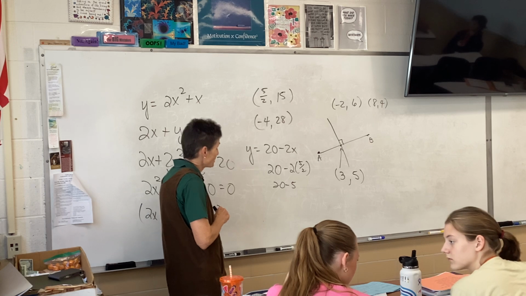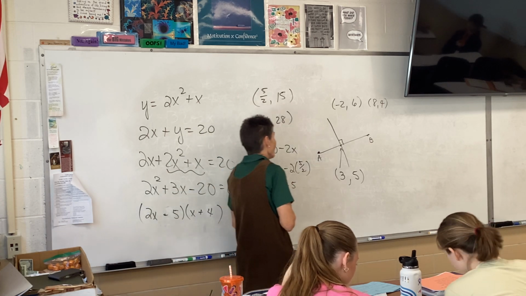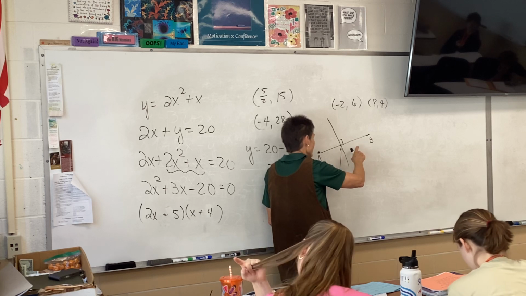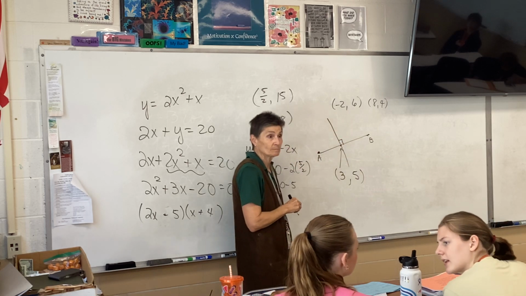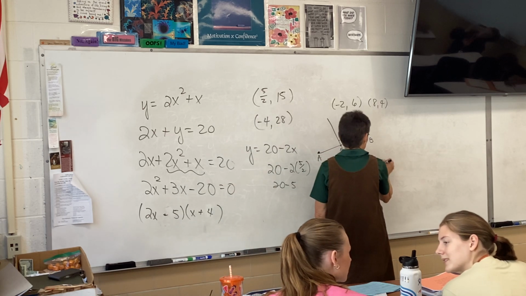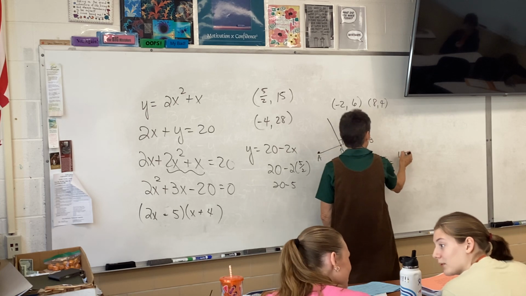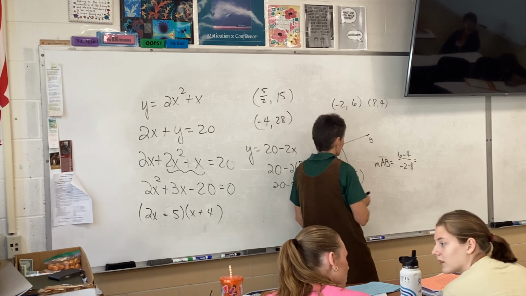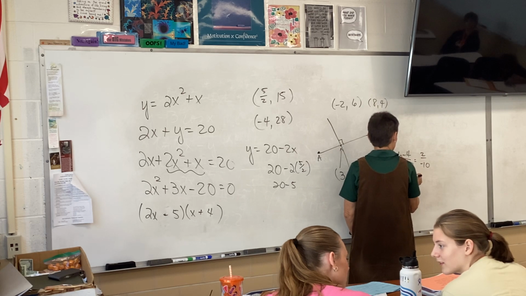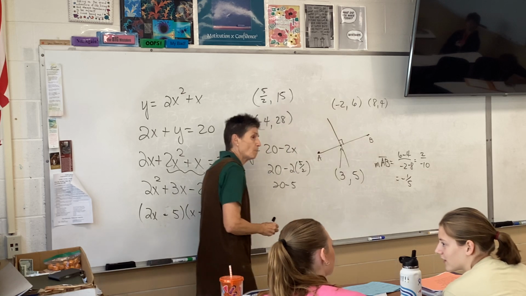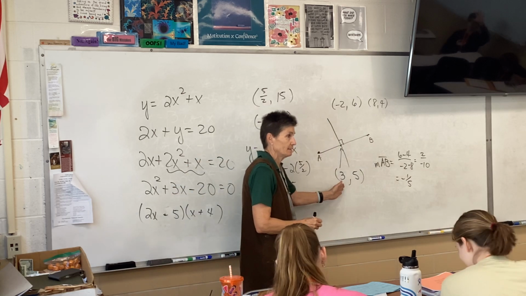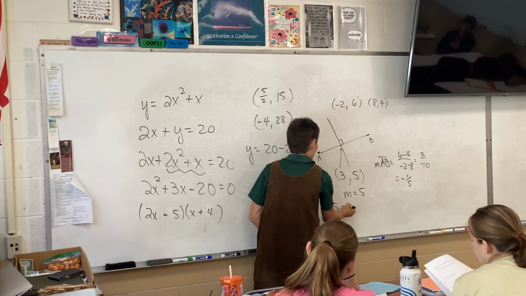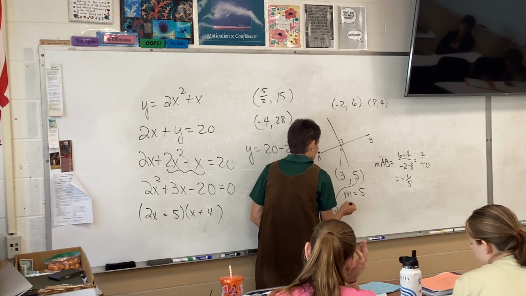So I have my point. Now I need my slope. Well, I have no idea what this slope is, but if it's perpendicular to AB, then it would be the opposite reciprocal of AB's slope. So let's find the slope of AB. Slope is y minus y over x minus x. So that's 2 over negative 10, negative 1/5. So what's the slope of the line I am writing? 5, the opposite reciprocal. So my slope is 5, so y minus 5 equals 5 times